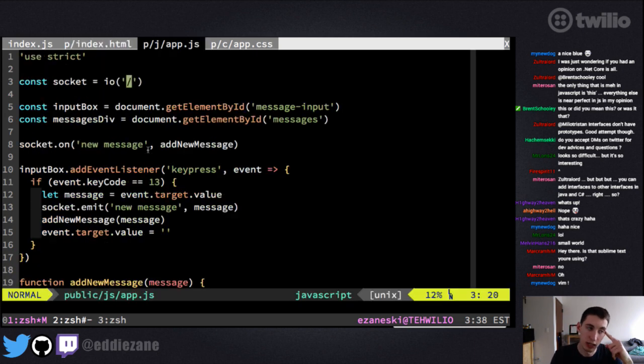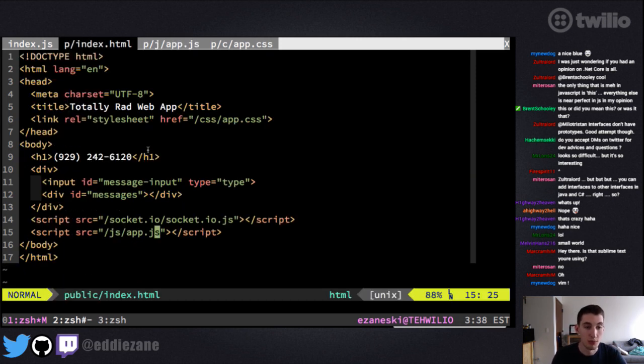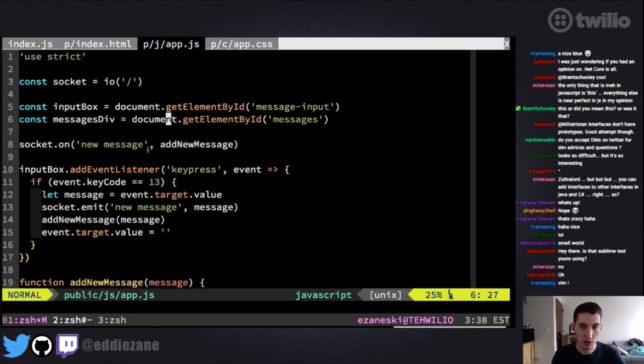So the first thing we did in here is we created two variables, and we grabbed that input box and that messages div. We grabbed those by the ID of the HTML. These are called CSS selectors, so it's just a way to identify specific elements in your HTML using JavaScript code. So you see I defined the little ID here. It's just a very easy way to pull out specific things. So I grabbed both of those,